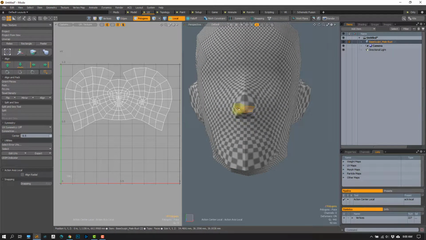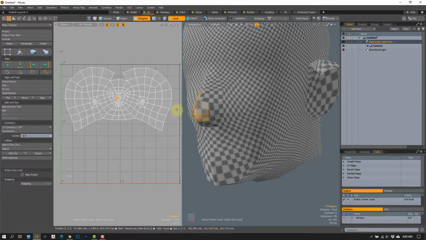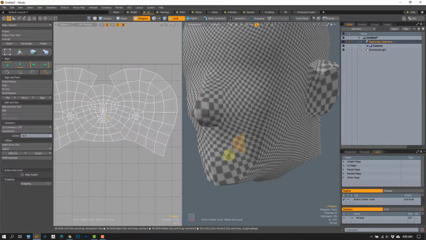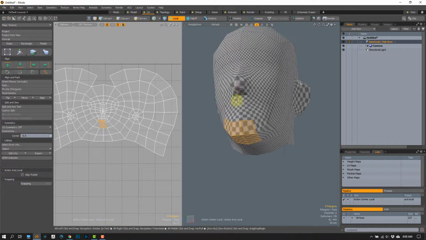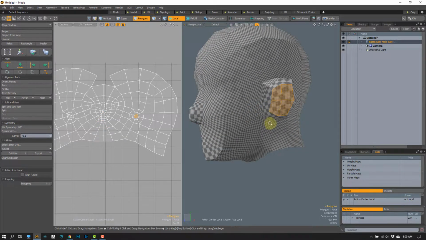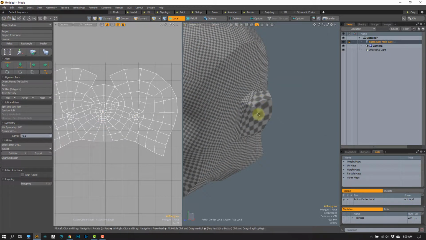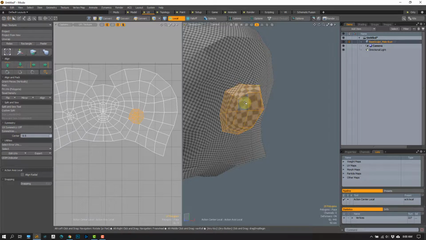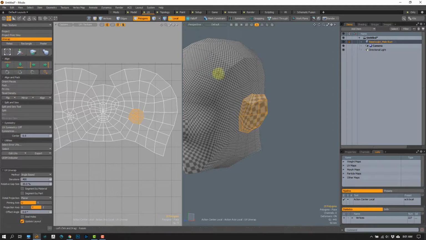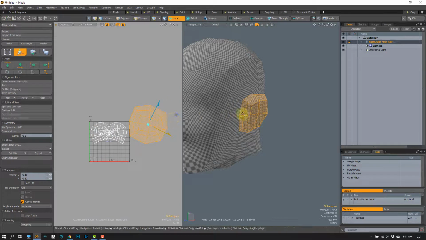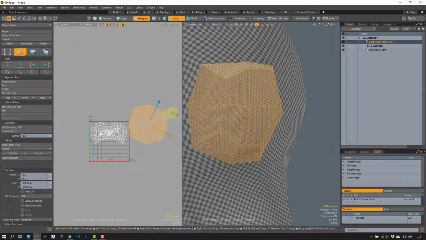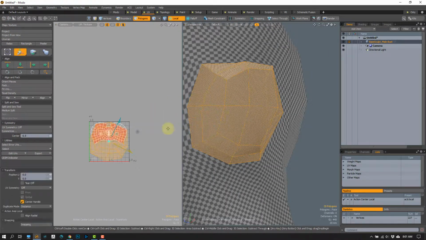So again, areas right here are a little bit more compressed, so they're a little bit smaller in the UV area here. So this is like his chin area, his nose, definitely his ears. Just these little sections that if we wanted to, we could grab these and effectively cut them off. So it's its own piece, and then we can scale those accordingly. But another thing that we can do